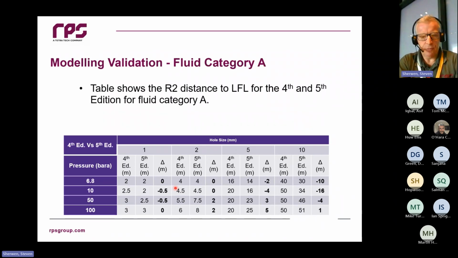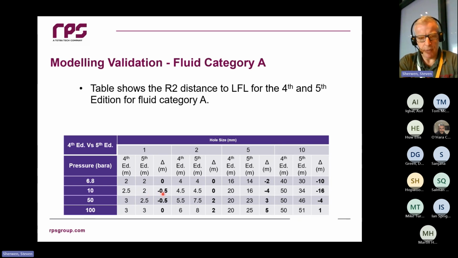Okay, the differences between the fluid categories are less so, because obviously we're talking about the same substance. We haven't got a change of substance like we did before, and you can see that for the typical hole sizes we use for area classification, we're not talking about huge differences, certainly not for 1 millimeter. For 2 millimeter, as you get to the higher pressures, there's a bit of difference. But LPG tanks that we use domestically, we take 1 mil holes at these sort of low pressures, and you can see that we're not talking about much difference. In fact, the zone has actually decreased in size there.